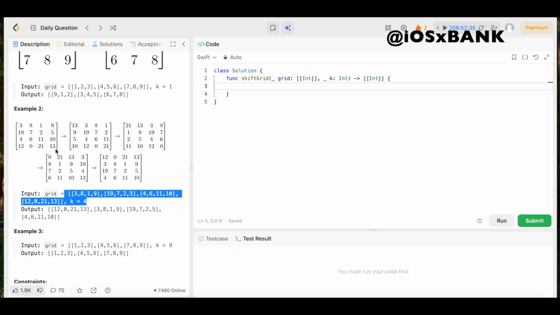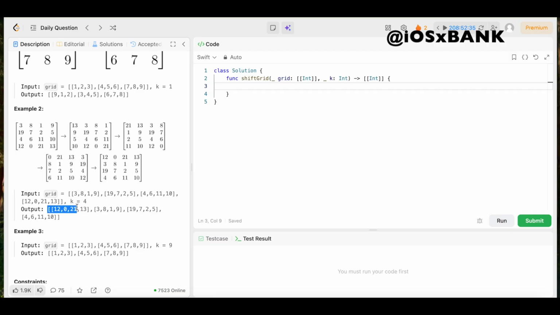So first, you see, we take this 13, we move that up here. Boom. Then we take this 21 and we move this up here and shift the 13 to the right. Then we take this 0, boom, and put it up here and shift the 21 and 13 to the right. Then we take this 12, boom, loop that around right here, and we move the 0, 21, and 13 to the right until this is our final output right here,